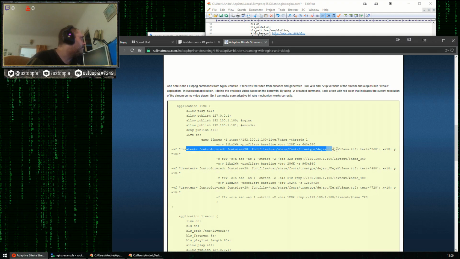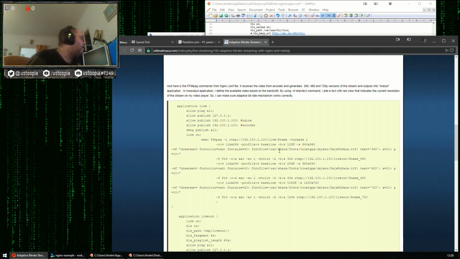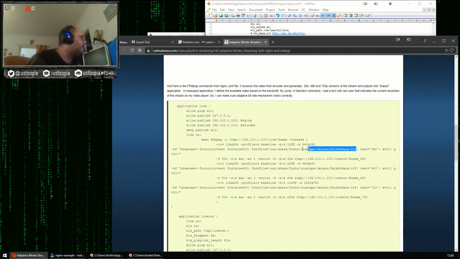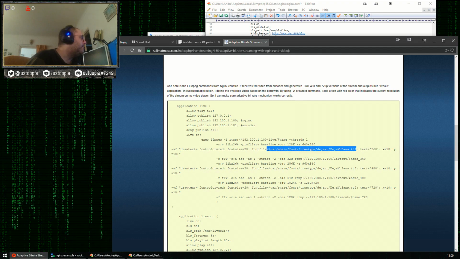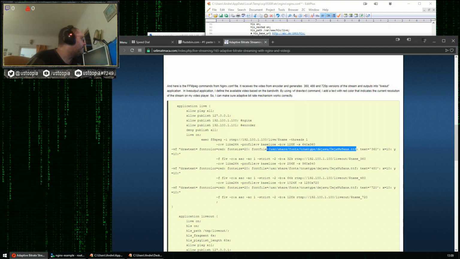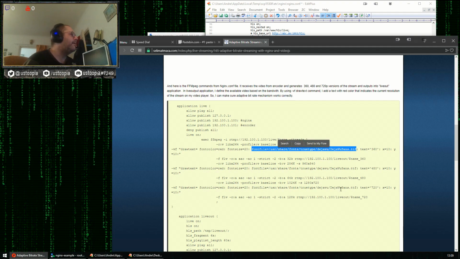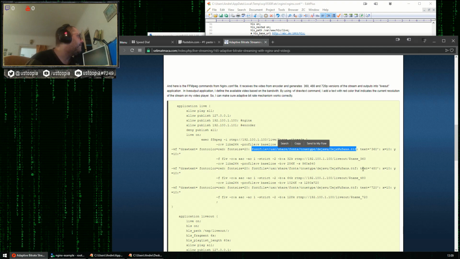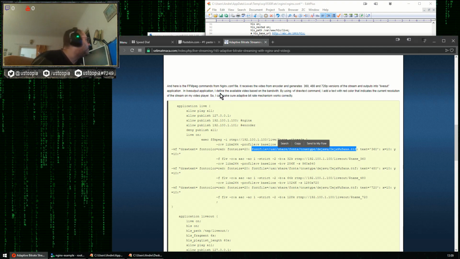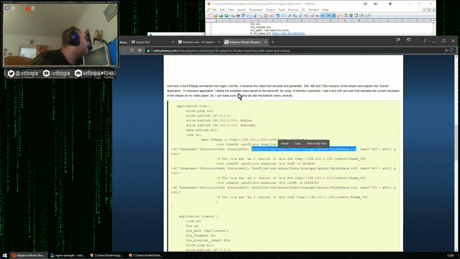Then I'm not sure what this is, but oh yeah, I believe he uses this font file that's in by default in every Ubuntu or Debian operating system. I believe it uses that to check the bandwidth from the user, if I'm not mistaken.